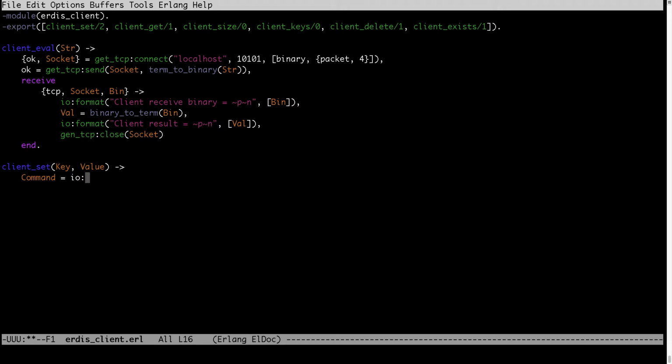So we want to create a command using IOLib format. We want to create something like this. So it will format for us the set key and set value. And we want to